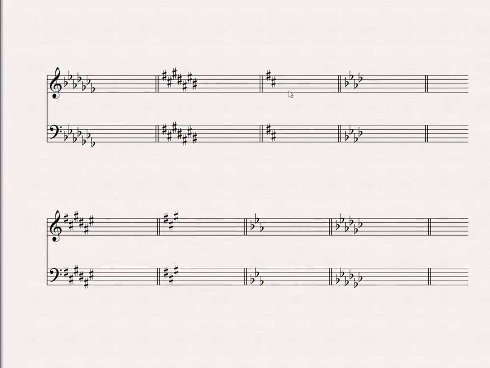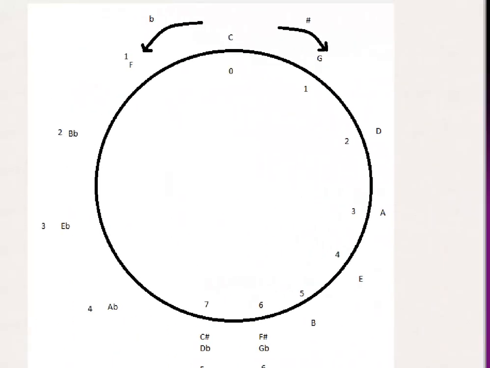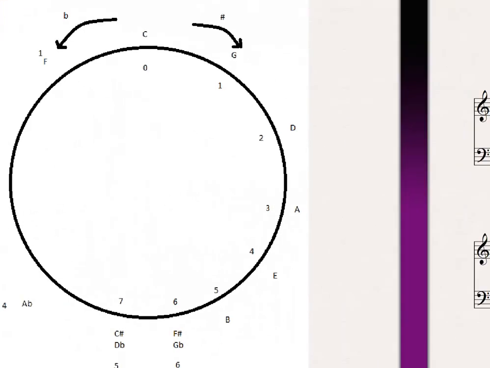The question is, what is that key? So the easiest way is to go back to your circle and say, all right, I have two sharps. Which one is two sharps? Oh, it's D. It's D major. Okay, so